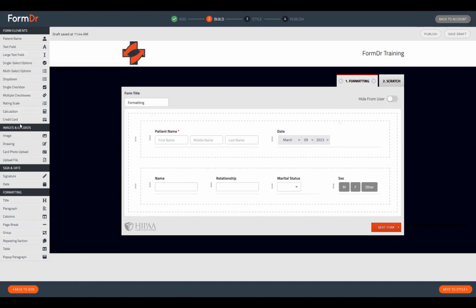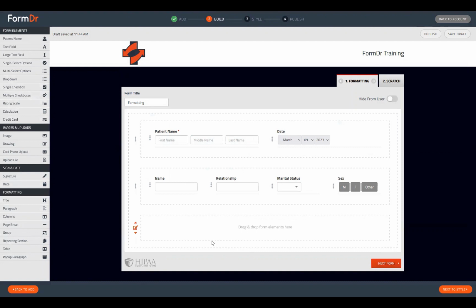All right, let's go ahead and talk a little bit about the group tool. And now the group tool is primarily going to be used for you on the builder side, on the admin side, just to help with building forms. It will make things a little bit easier in terms of moving them around from page to page. But this will just give you an opportunity to move a lot of information as one unit. So what we can do is